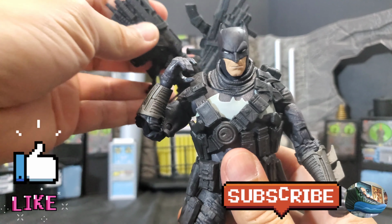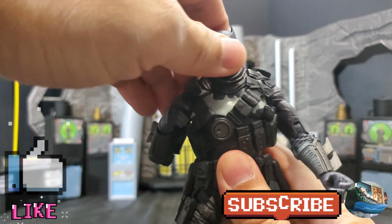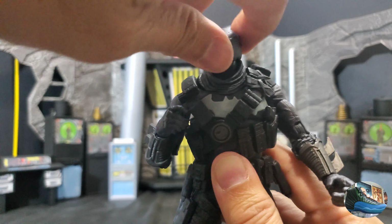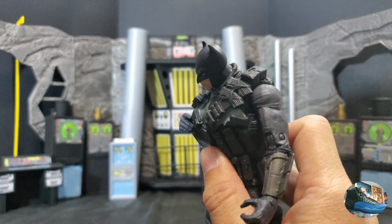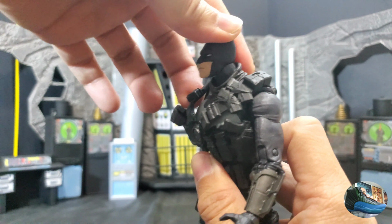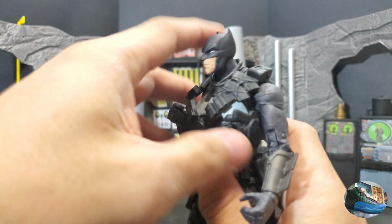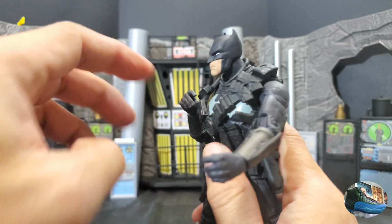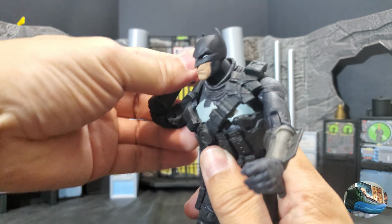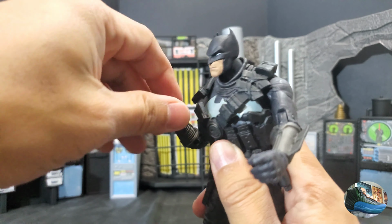For articulation, let's take off the Batwing of guns. So his head is on a ball joint, can turn 360, can look down that much, then can look up that much. It's a little bit limited. And then for his arms, the shoulders can turn 360. He's got the cut on the bicep for the swivel, and as you can see, he's got double jointed elbows over here, and then he's got swivel and